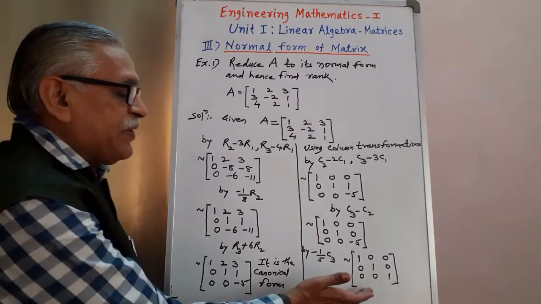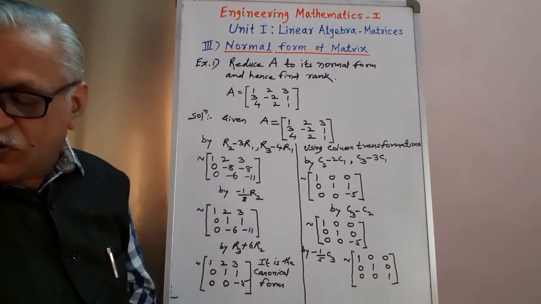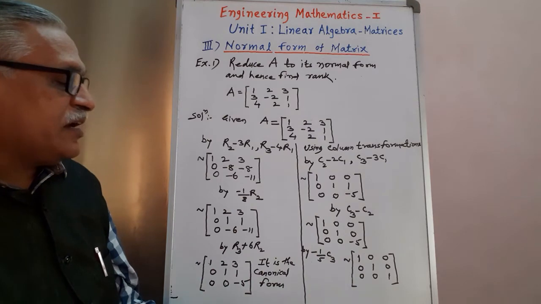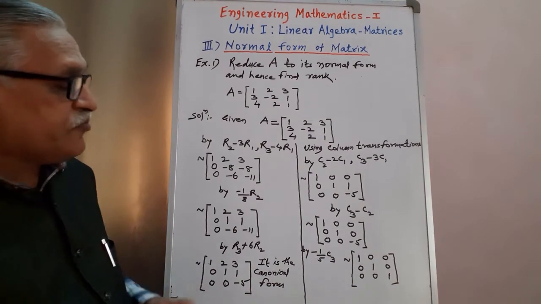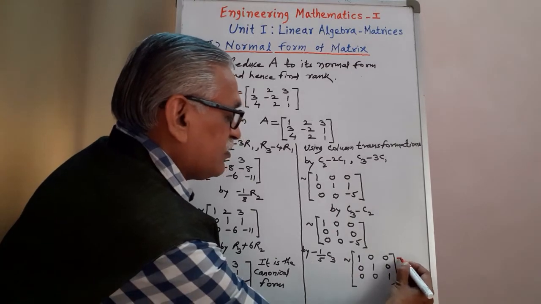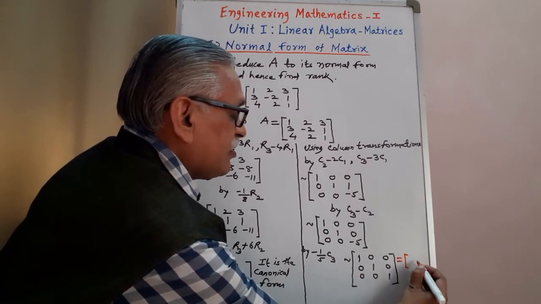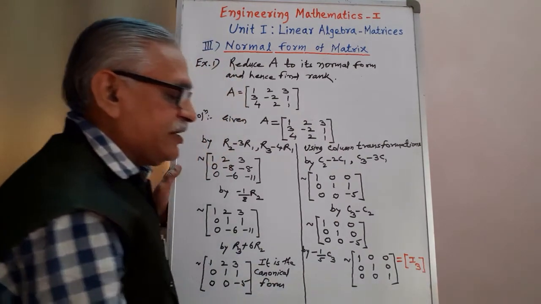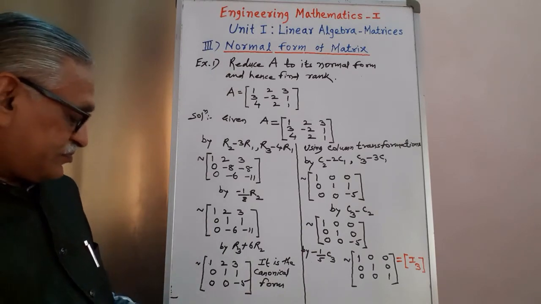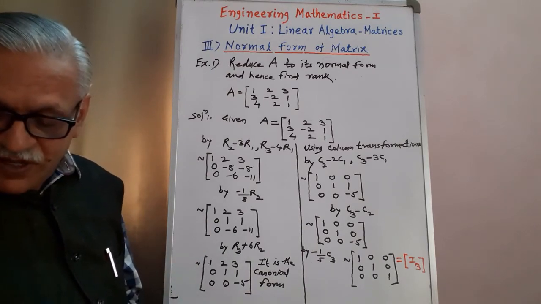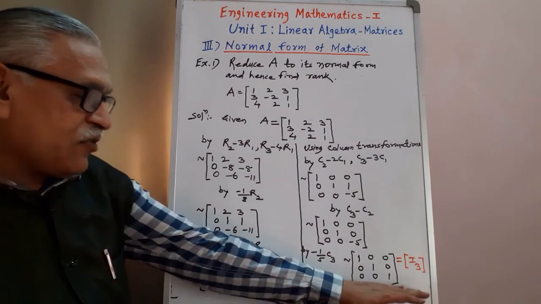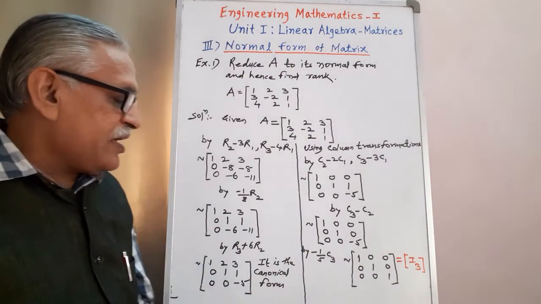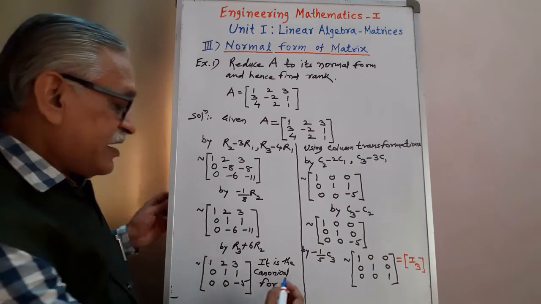And we have to compare this with the total 4 different forms. Here we get an identity matrix of order 3, and therefore in symbolic form it is I3 as the required normal form. And therefore the answer for the first part is this: whatever form we are getting here is called a normal form. And second part, we have to find out the rank, and therefore